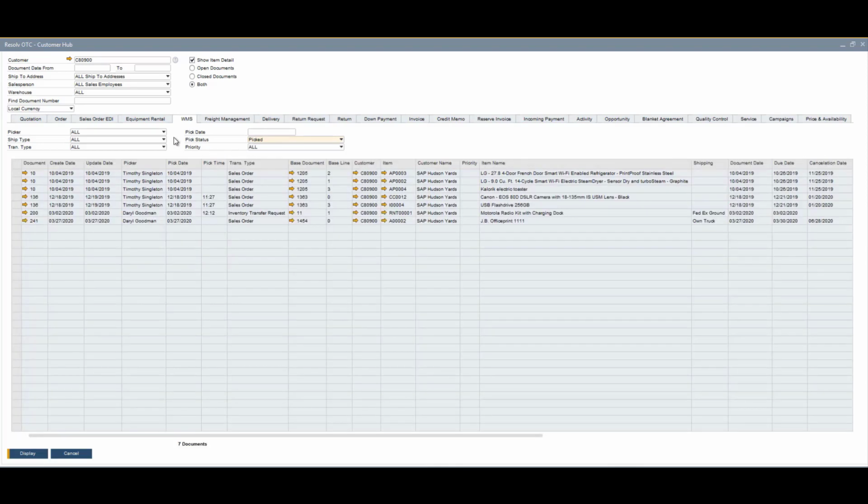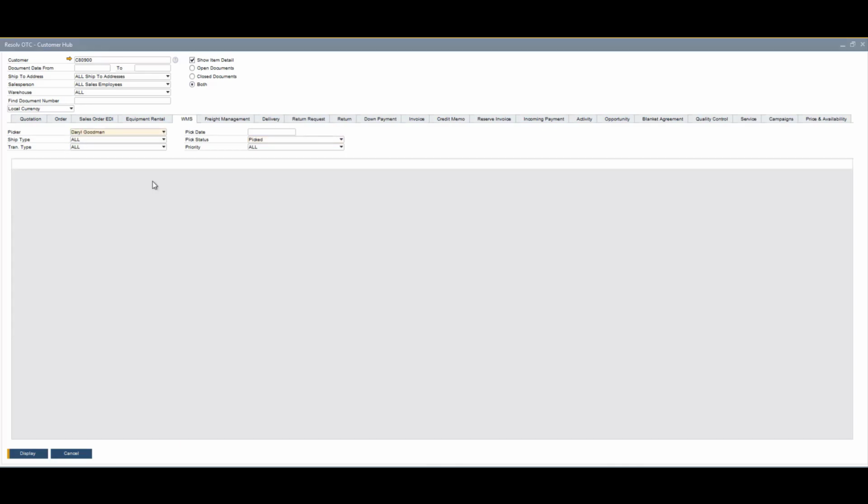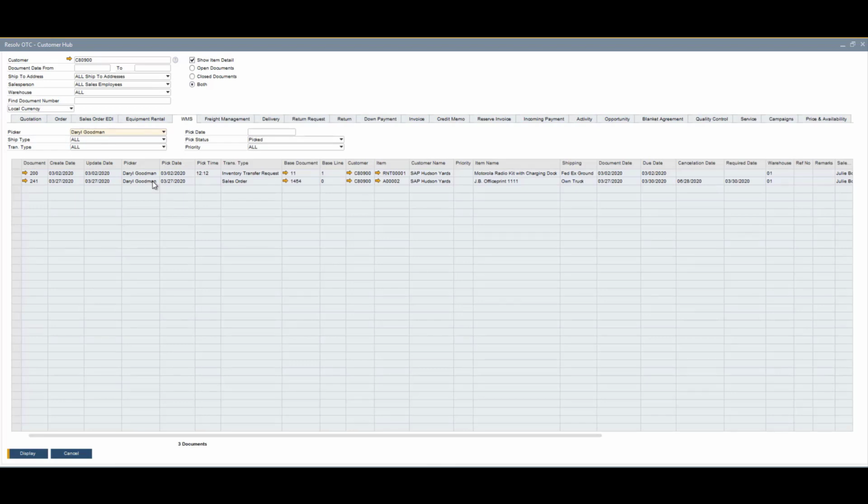And then this refreshes, and it shows me all the orders that have actually been picked, and I can even filter on the picker. So if I want to see what I did, I can come in here and filter, and that's going to show me the list of documents that I actually picked. Now these have been picked, but they haven't shipped yet. Now when they ship, you'd either be able to go into freight management or delivery. If you're using our freight management,